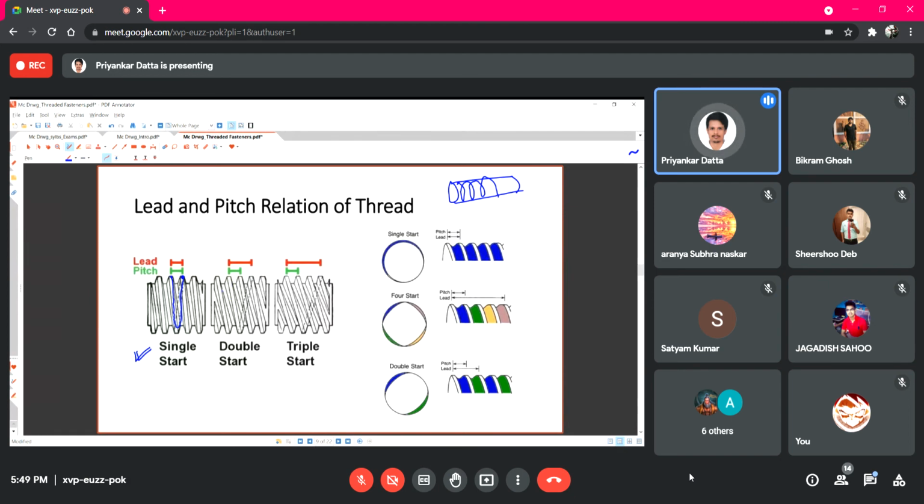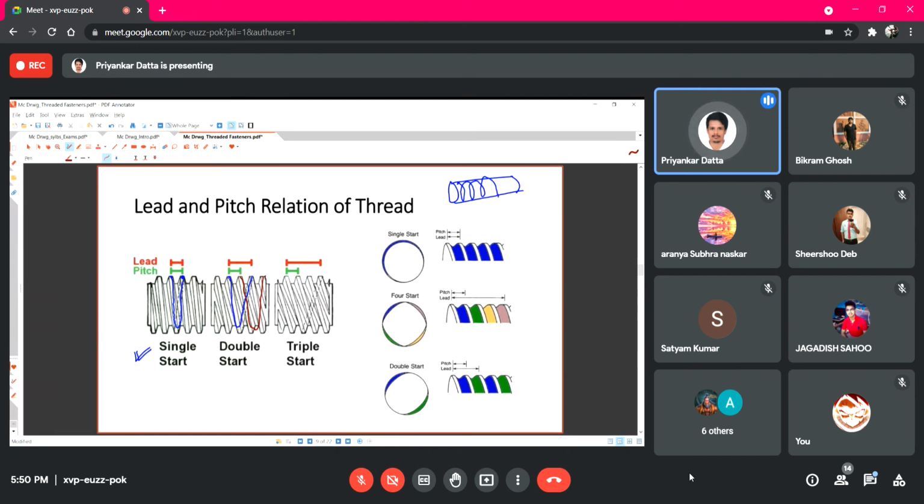Now there is a possibility that if you start from here, between the lengths between the two peaks of one helix, so this one is one helix, this blue color, and if we show using another color, the next one, this one is another helix.